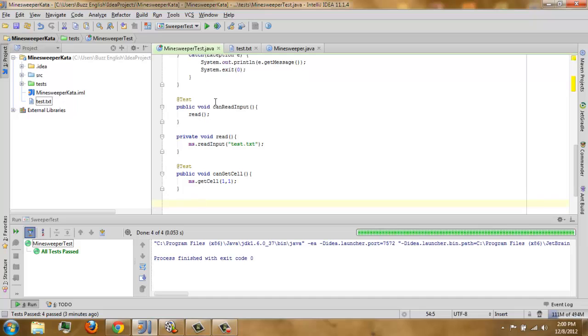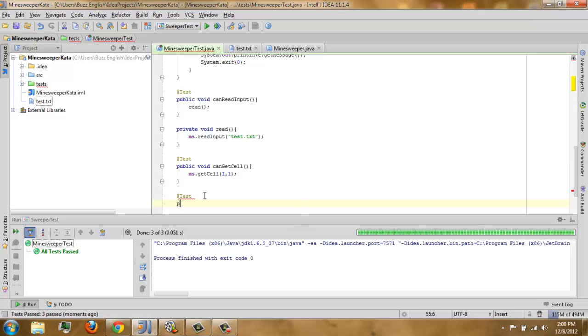So let's see if our get cell is really good. We will pass a true cell. So test, public void get cell at some coordinate. What should we call it? Get cell at coordinate.